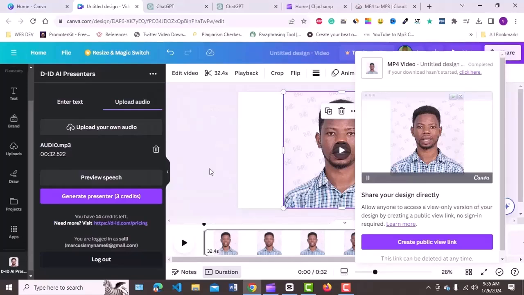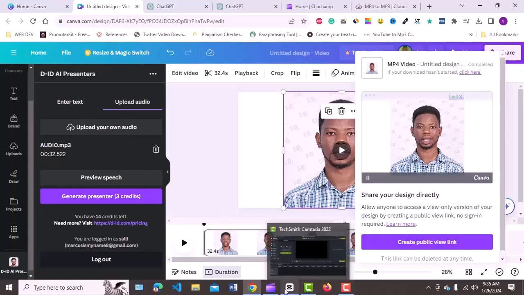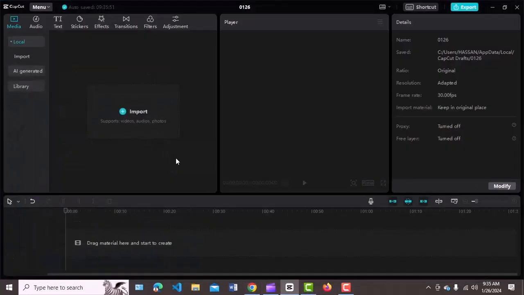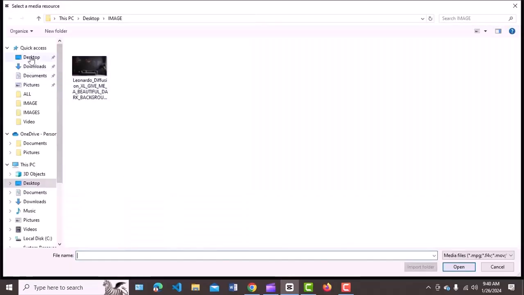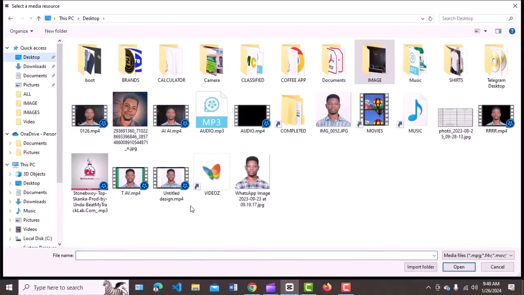So the next thing that we need to do is to use our editor to edit our video. Let's go to CapCut here. This is a video editor we are going to use to edit our video, and you can use any other video editor to edit a video, but for this video purpose we are using CapCut. So what we need to do is to import our video that we generated. So you click on import and you search for where the video is. This is the video,